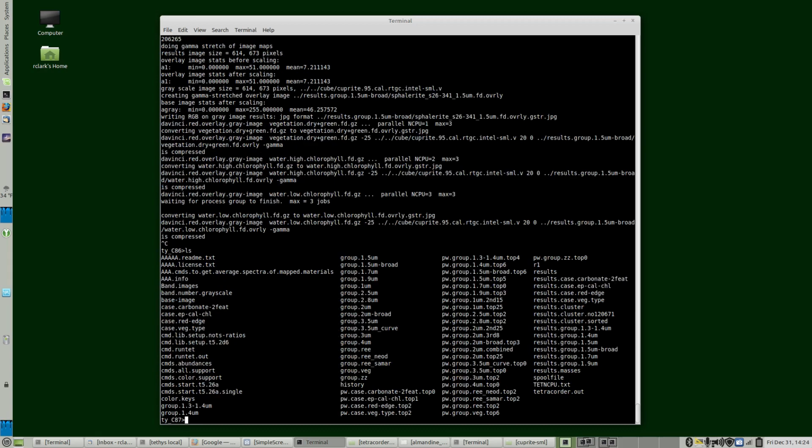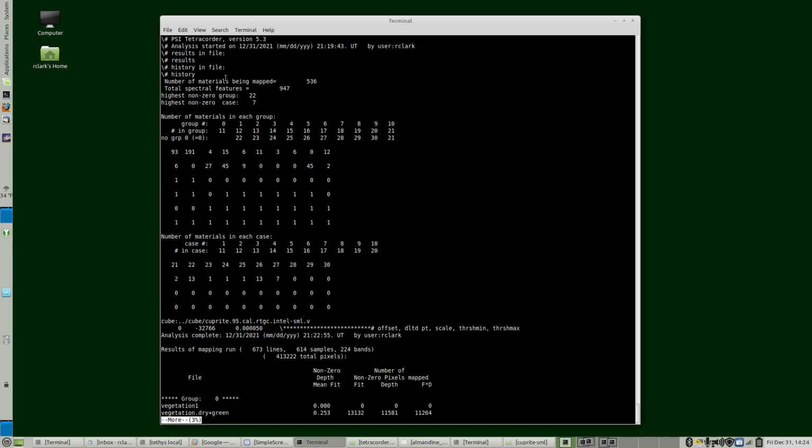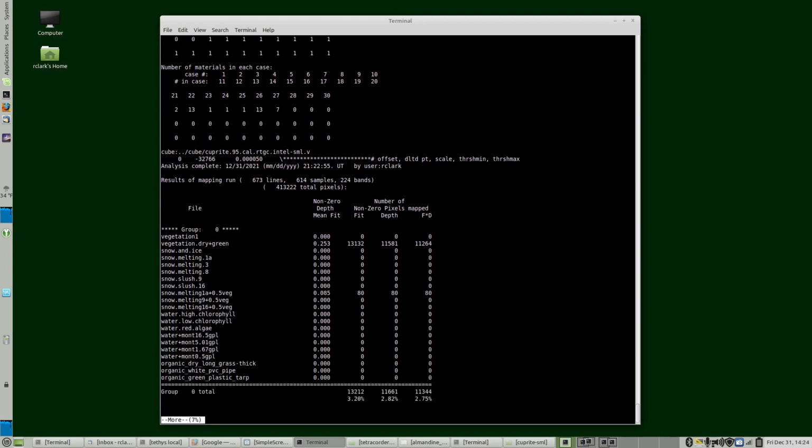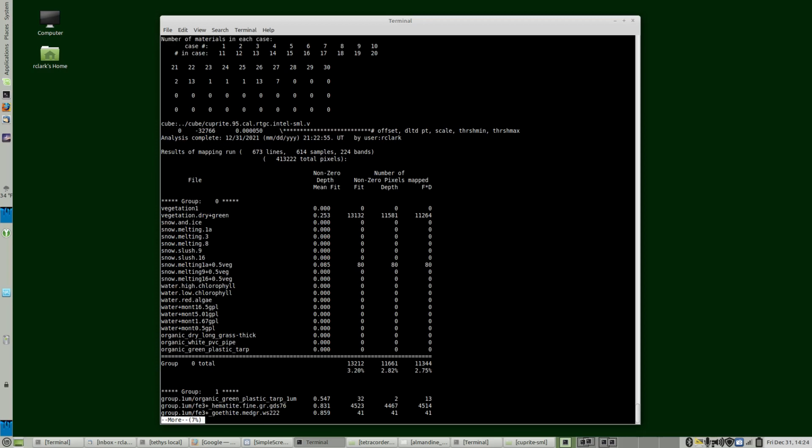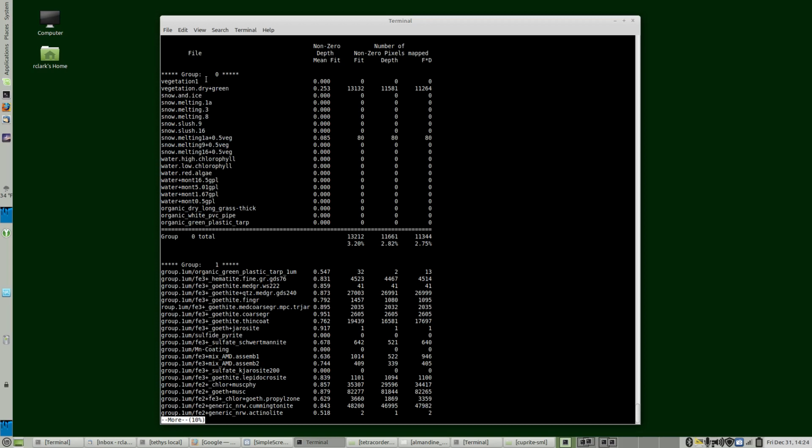And there are history, which tells the setup that was done, and then results. If we go look at the results file, Tetracorder generates this, so it tells you the number of features and everything that it's doing. It's telling the image cube that was analyzed. Then the groups. So group 0 is applied to most of the other groups, and